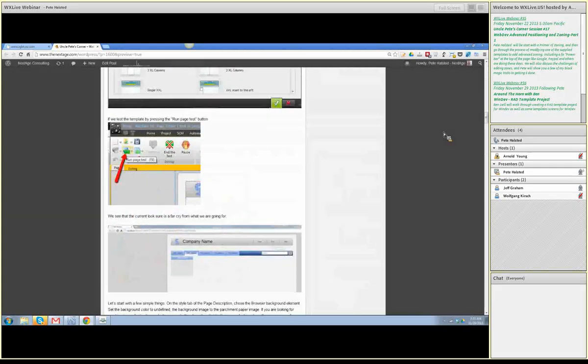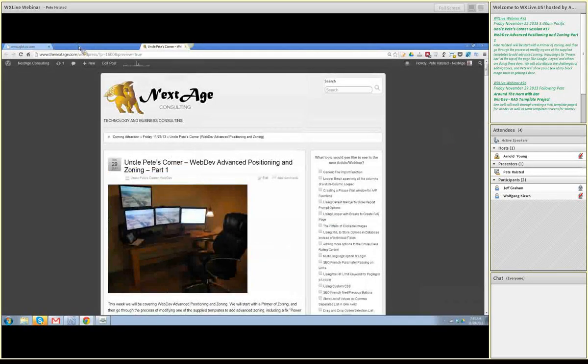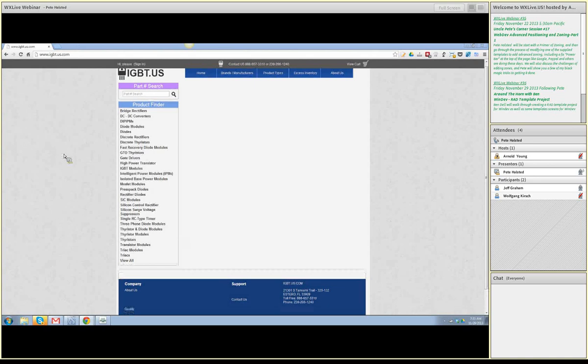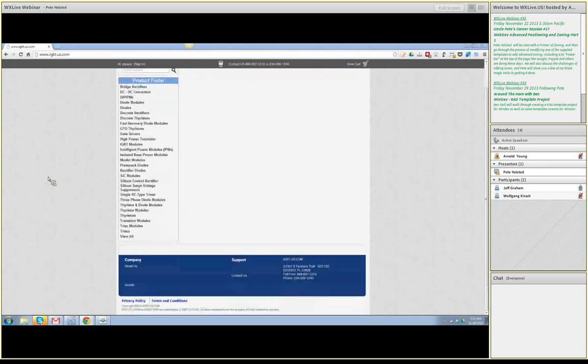That's what I'm calling the PowerBar. And I can't take credit for that term. Google or PayPal or someone actually coined the phrase. So this is a site I've done for a client, and you will see our